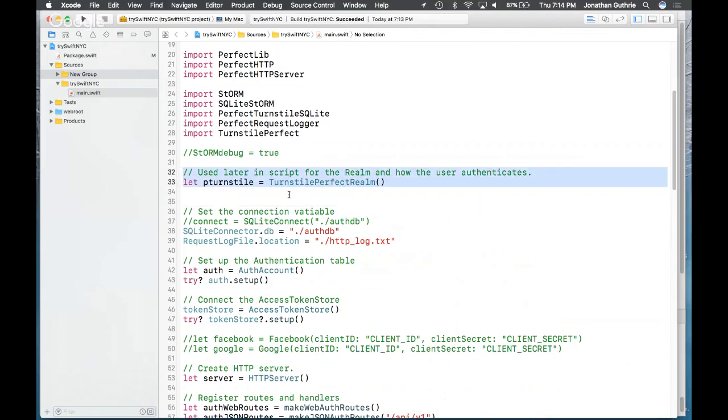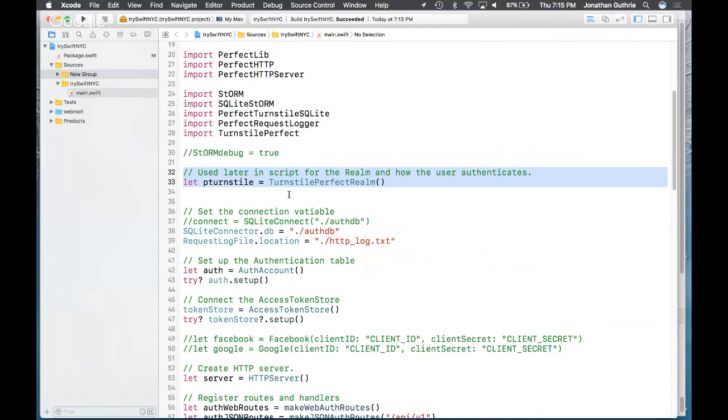Down here we're setting things up. First of all we need to tell the system that it's going to be using a Turnstile Perfect realm. A realm is a discrete chunk of settings and processes for the authentication layer.